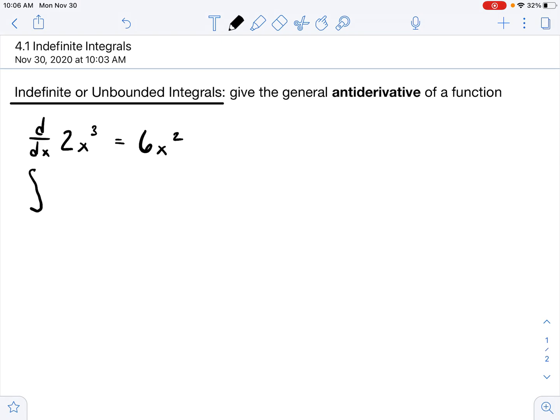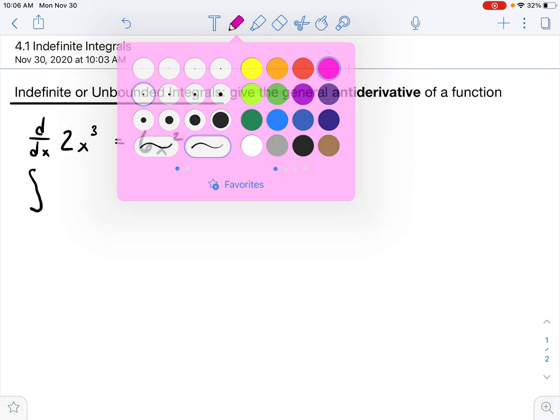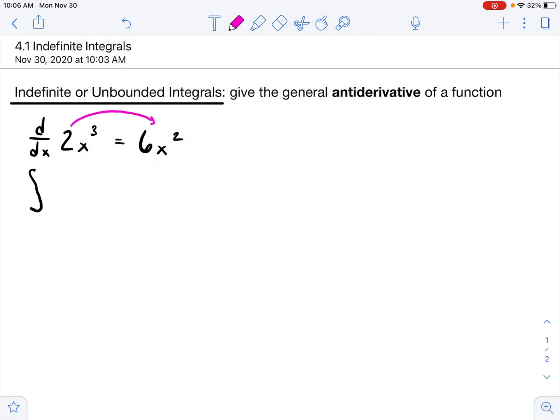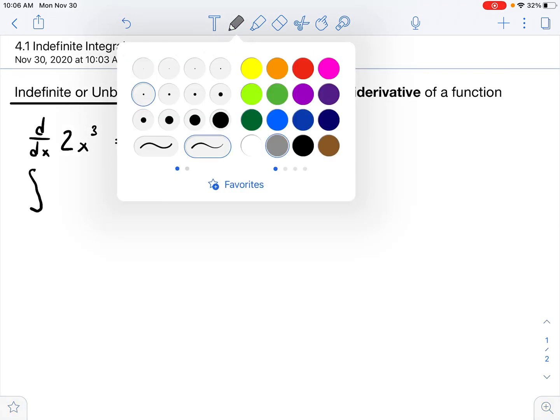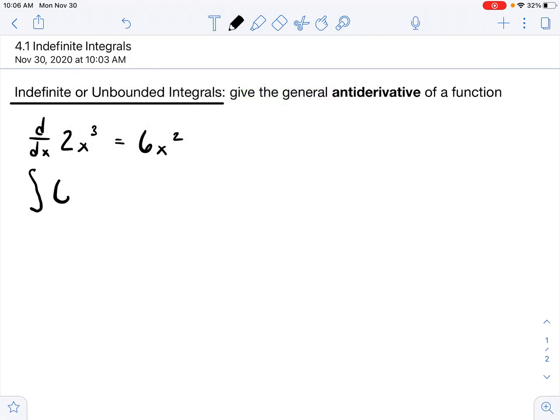Within the integral, we have what it is we're going to integrate, okay? So for example, think about it like this. If I take the derivative of 2x to the third and get 6x squared, then when I integrate 6x squared, it should take us back to the function we came from, 2x cubed, okay? And so the notation will look like this, okay? You'll have the integral symbol, then you'll have the function being integrated, and then you'll see this little dx notation,